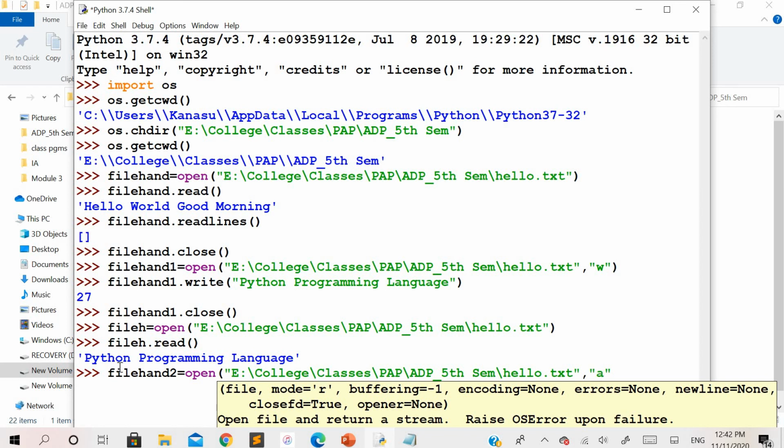I'll show you the difference between opening the file in write mode and opening it in append mode. If you open the file in append mode, it is also going to open the file to write the contents, but it is going to write them by appending to the existing contents. I'll show you here.